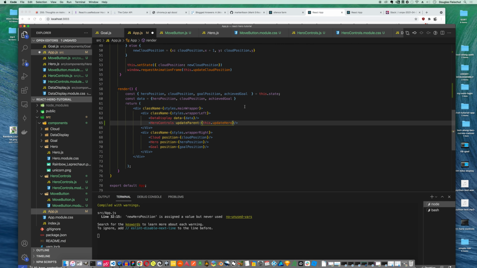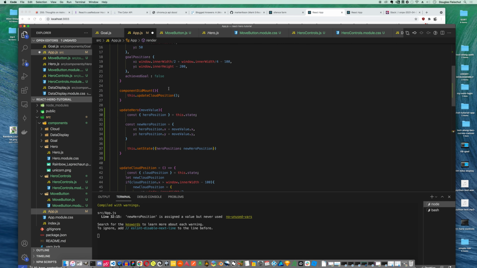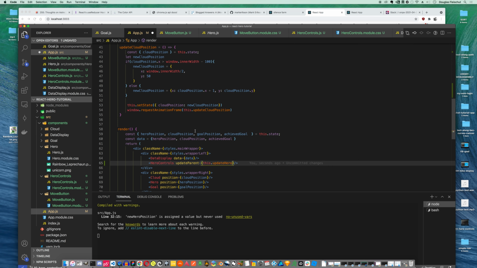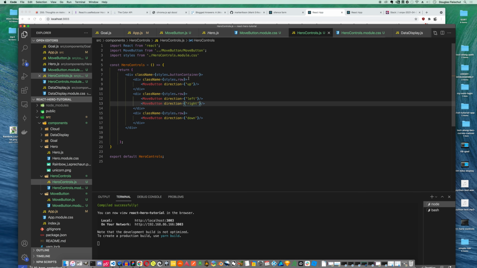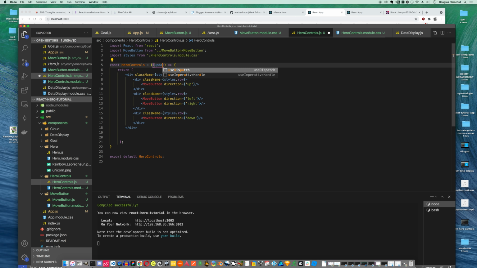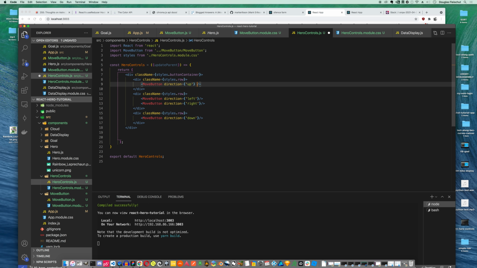We'll pass that method down to the child component as update parent. So we can go into hero controls and pull update parent off of the props, and we can say in here, update parent,